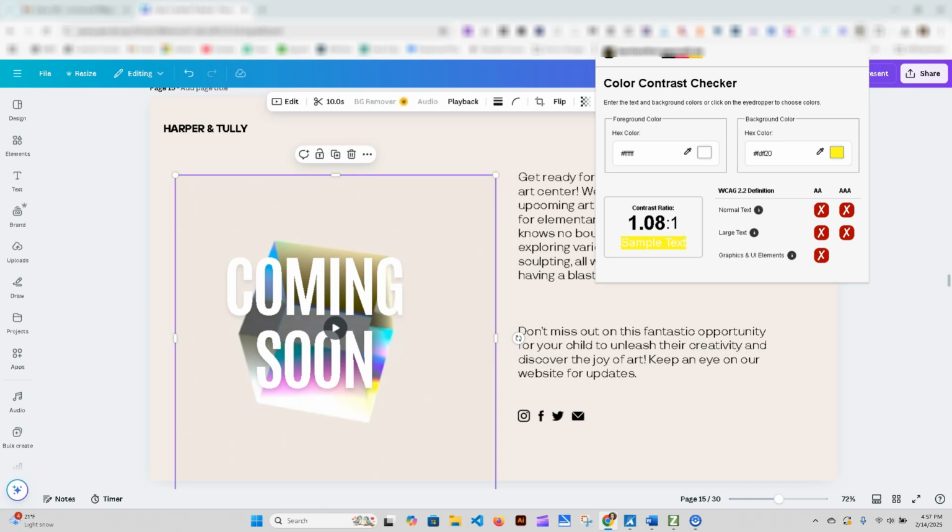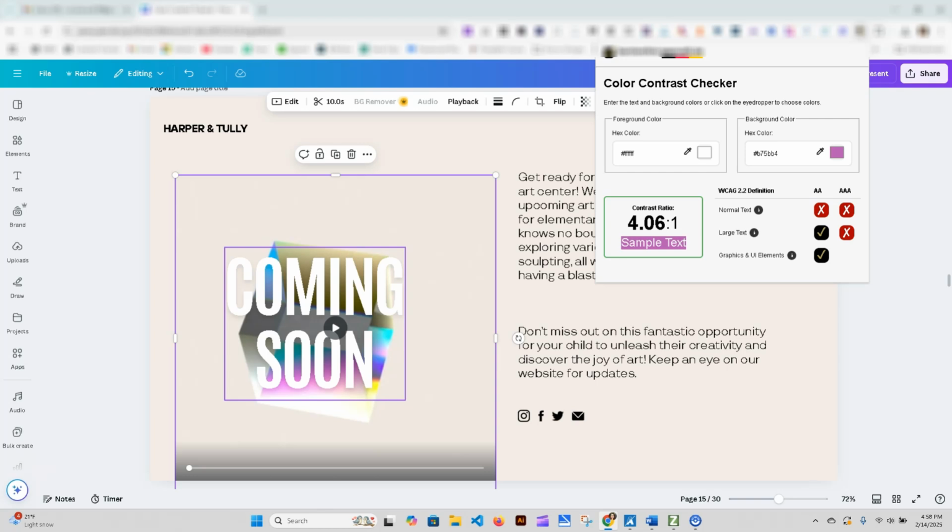You can either insert your hex code if you know that, or you can click the eyedropper tool, set your foreground color. Ours is white because we have white text again. And then we'll go over and we'll click our eyedropper tool for our background color, and we'll just pick any of our background colors here. Now this, I wanted to show you this example specifically because this is kind of a gradient background, has multiple colors. They kind of fade into each other, so there's multiple shades of each color.